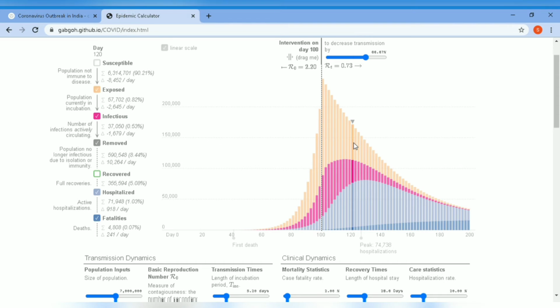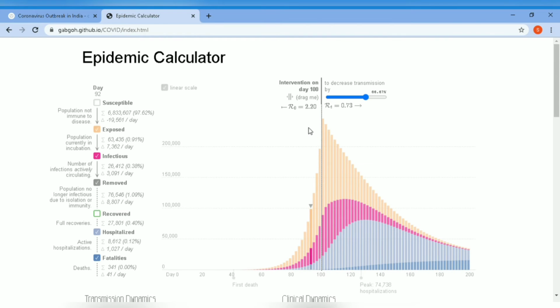But how can you enter data for your own country or for your own area? Actually you have some factors. One factor is this one, R0. So R0 is a very important factor for the calculation of the epidemic calculator. R0 is a factor